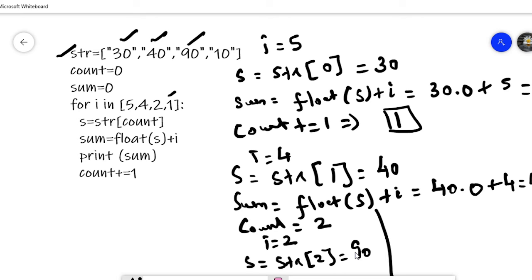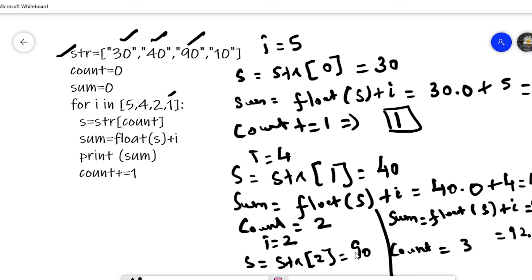Then sum equal to float of s plus i. So this becomes 90.0 plus i value 2, which means sum is 92.0. Then the value of sum is printed. Then the count variable is incremented, and now the value of count is 3.